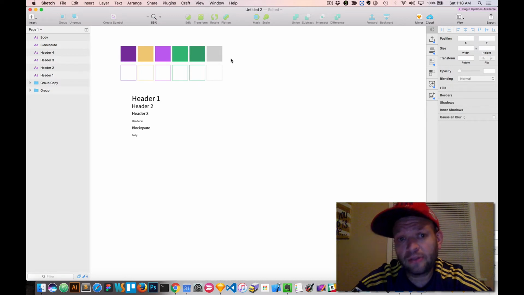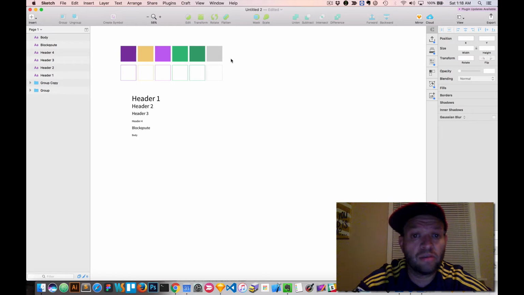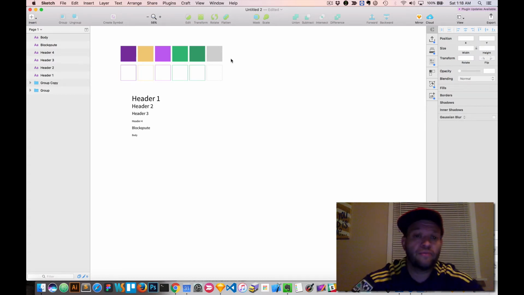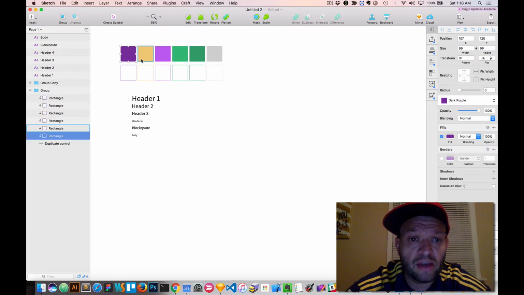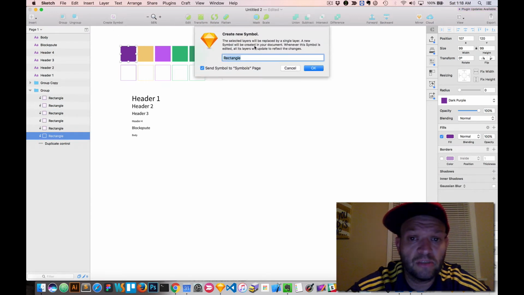And I want to be able to really have control of the colors, change them up. If I change my mind, I don't want to have to redo a lot of work. So the way I'm going to start that off is by creating symbols. We've created the shared styles, that's great, but now let's make this even a little bit better. So now I'm going to go back into all of these, and I'm going to click on Create Symbol,